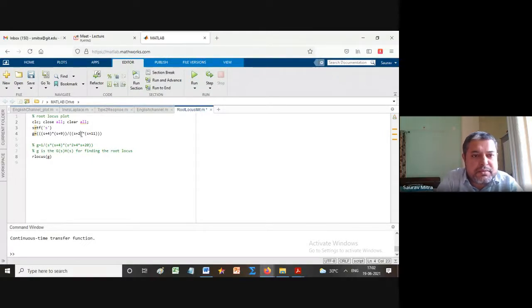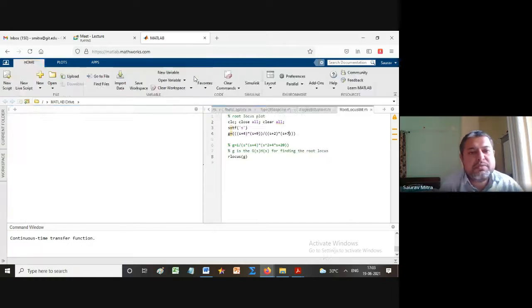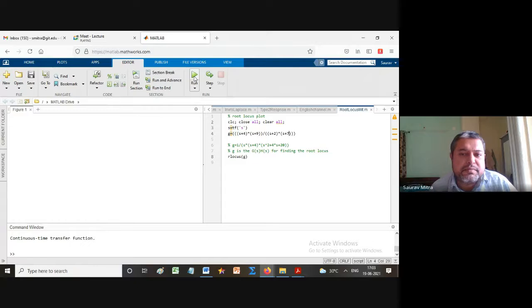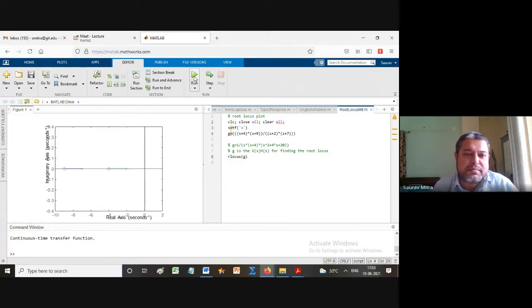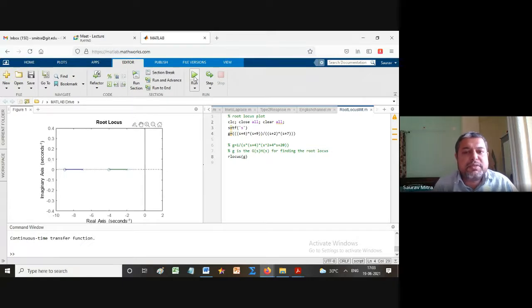So this is 2 and this is 7. This is also a very easy case that we can get. First there is a pole on the left-hand side, then there is a 0, then there is another pole, then there is another 0. So these are the easiest kinds of things. Pole 0, pole 0, nothing to do in this. It is starting from a pole, ending at a 0, starting from a pole, ending at a 0, like this.